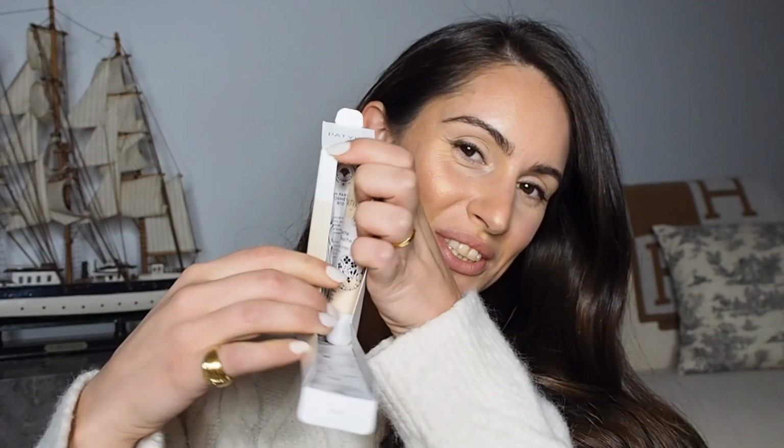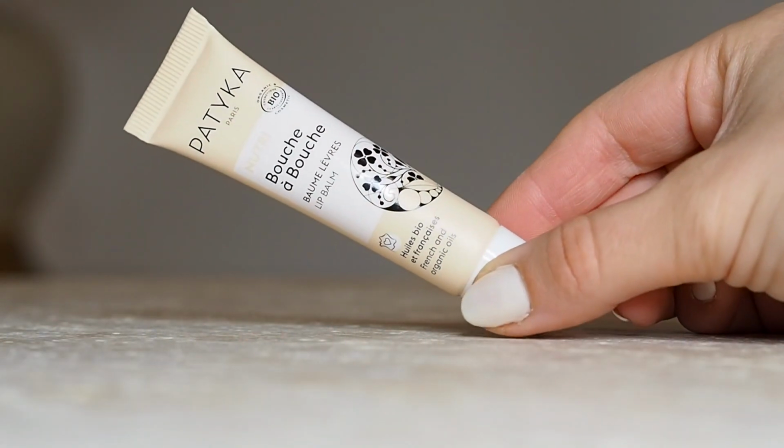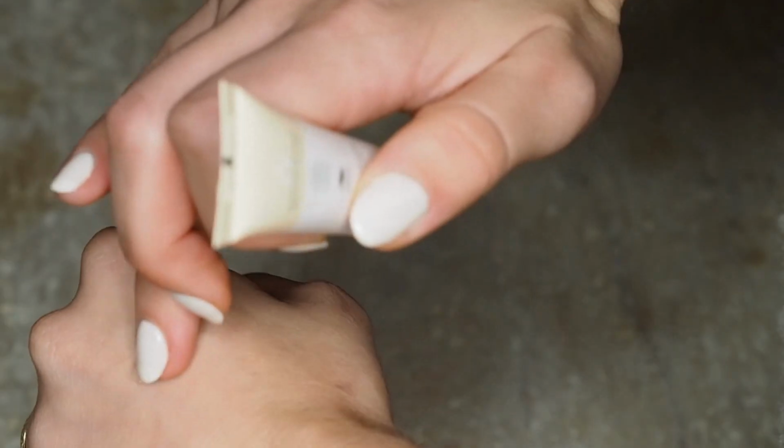It's really cute. I love it when there's some sort of gameplay with packaging. It's kind of like you open it and it slides off. That's cute. The composition of this lip balm, we're going to find organic plum oil, which is obtained in France, and it's exceptionally rich in fatty acids. It's also known to intensely nourish the skin,